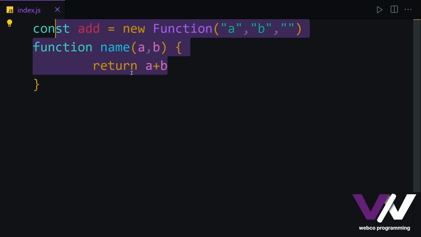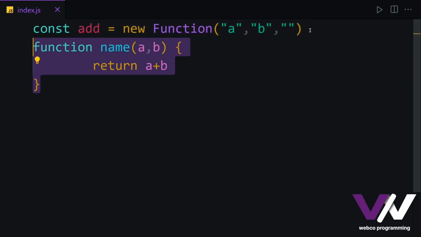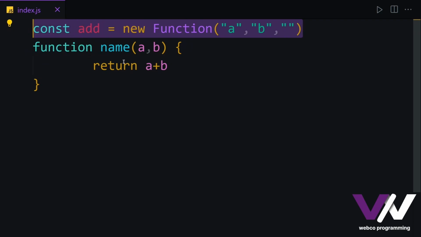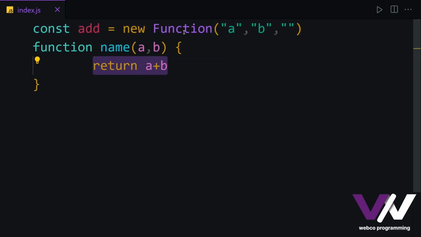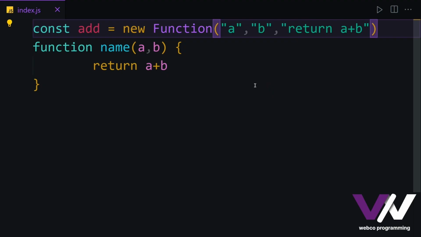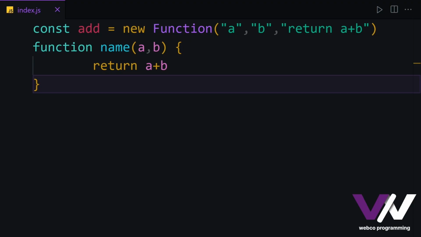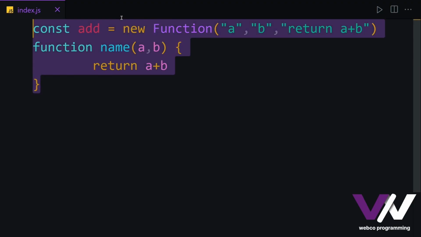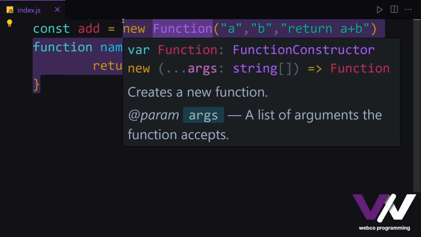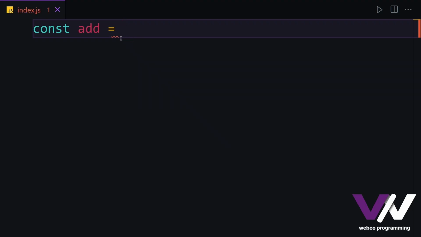And if we want to have this function, but declare it with this syntax, we need to put the code that we have inside of our curly braces inside of this string. And now this is the same as this one. And another way of declaring functions is arrow functions, in which case we create a variable, then assign that to